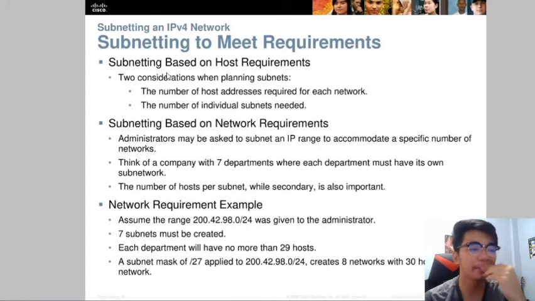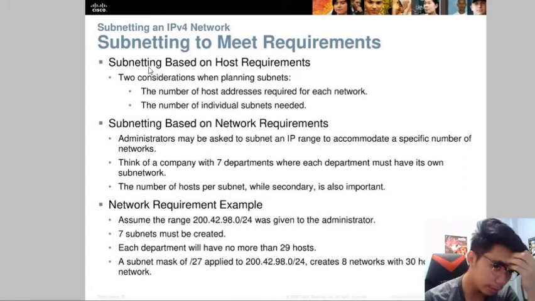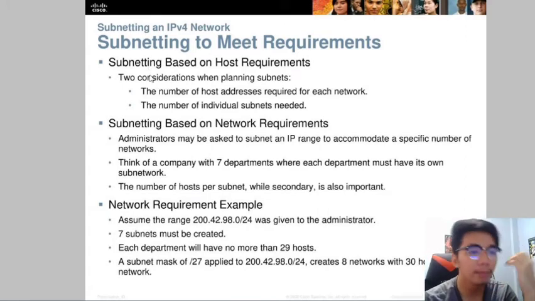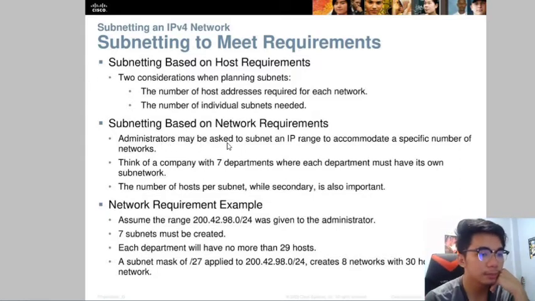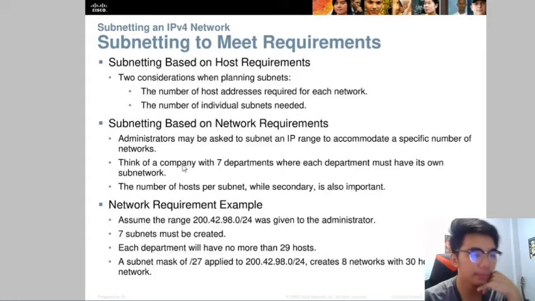Subnetting to meet requirements. Subnetting based on host requirements: to consider when planning subnets, the number of host addresses required and the individual subnets needed. Then after that, subnetting based on network requirements, the IP range. Think of 7 departments where each department must have its own subnet, then hosts per subnet, while secondary is also important. Then network requirement, example,